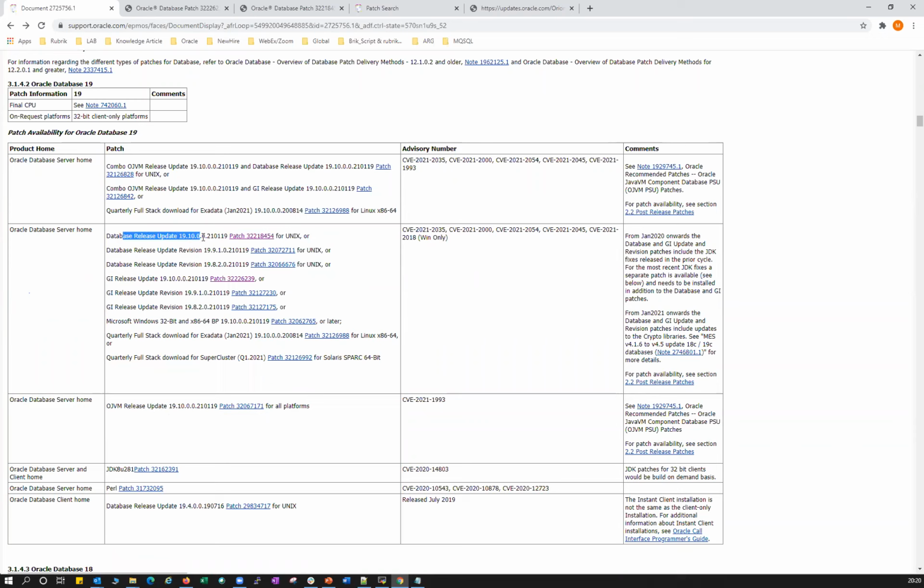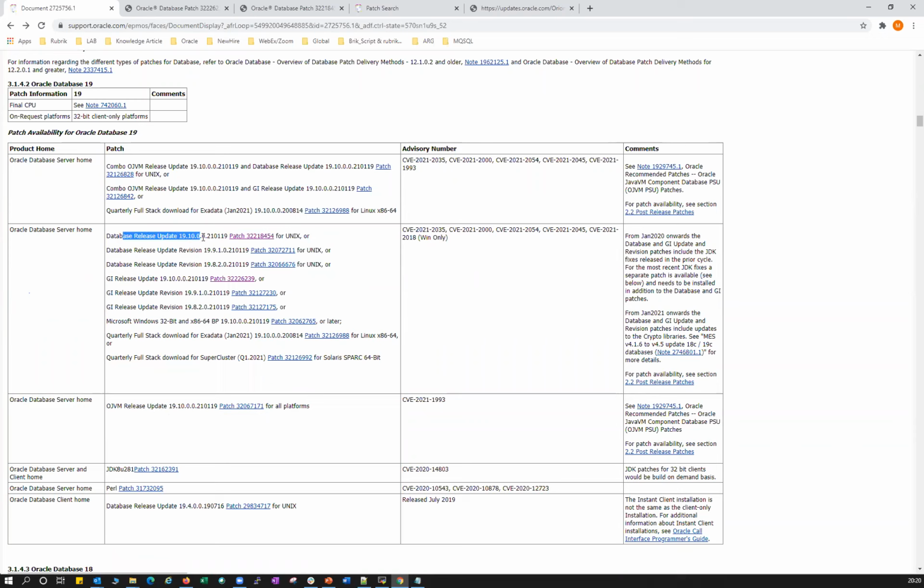Can we ignore grid patches and just apply the database patch? Yes, as I said in this particular slide, you can apply the GI patch, you can apply the Oracle home patch, and you run the data patch. It is not necessary to apply both GI and OGM patch. You first patch the Oracle home and later you can patch your GI home, or you patch only the GI home. That's acceptable. You can patch only your Oracle home, it is allowed. It is not necessary to patch everything.